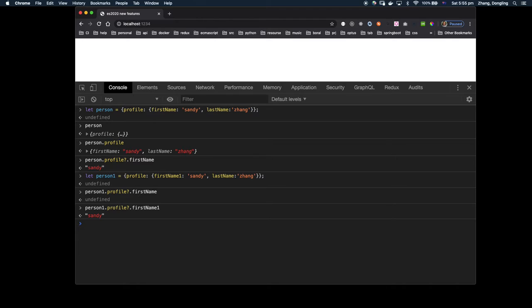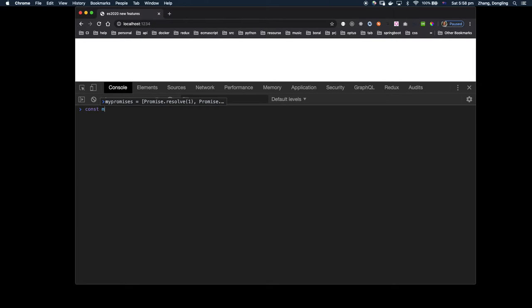This works not only on object properties, but also on function calls and arrays. Promise.allSettled: the Promise.allSettled method accepts an array of promises and only resolves when all of them are settled, either resolved or rejected. This was not available natively before. So if I have a list of promises,